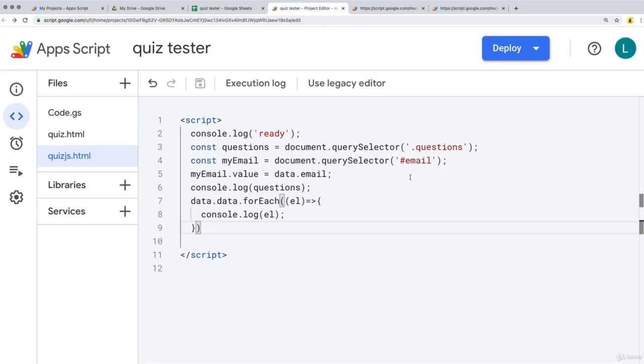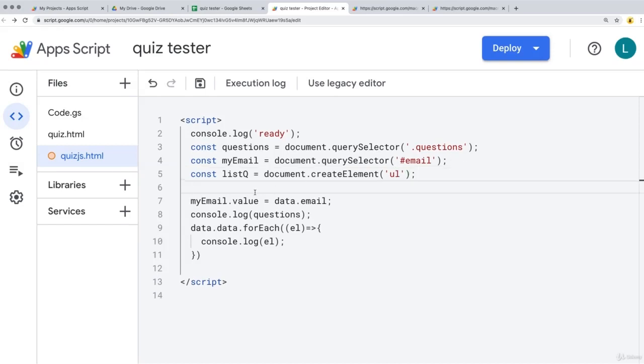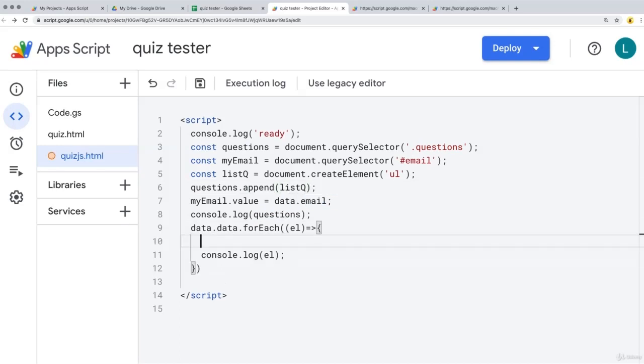And let's create some more structure for this. We'll create a list of questions, and I'll just call it LQ or list Q. And using document create element, the element that we're going to be creating is an unordered list. And then we're going to be adding the unordered list to the questions. So take the questions and append the list Q, and then as we loop through, we'll add a list item,